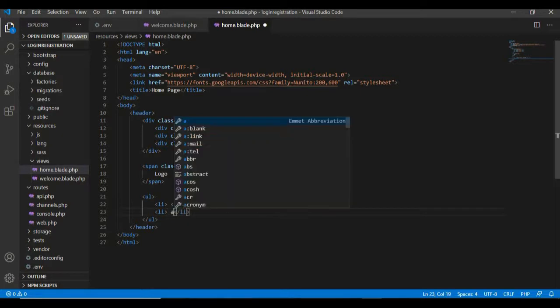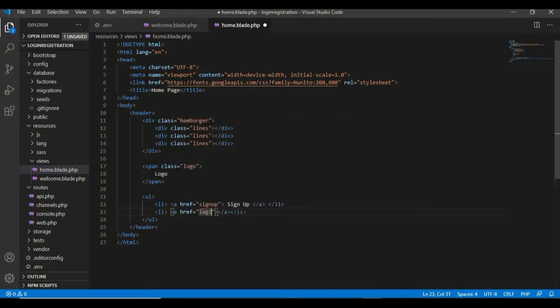So there it is. I'm just messing up with the spelling, sorry for that. Okay, so this is our menu. Now next thing to do is create the registration form, but before we proceed forward, I'll